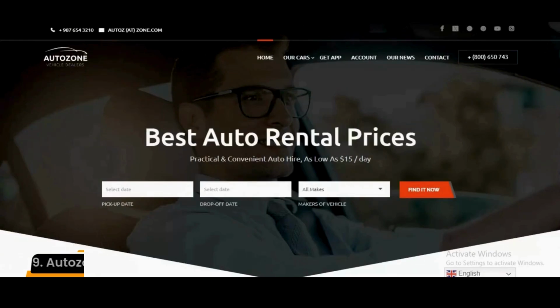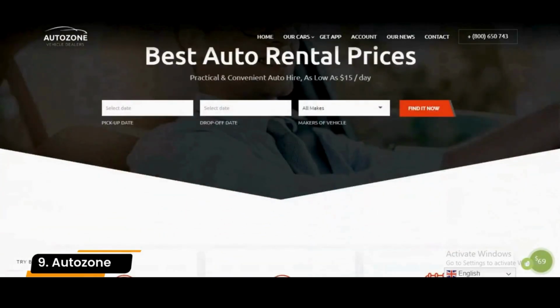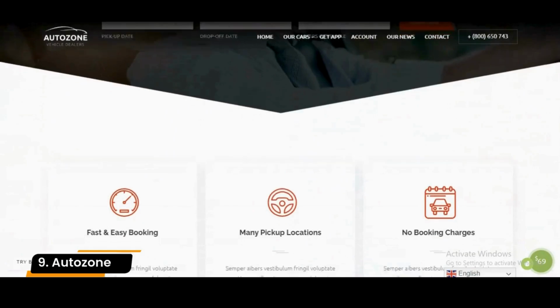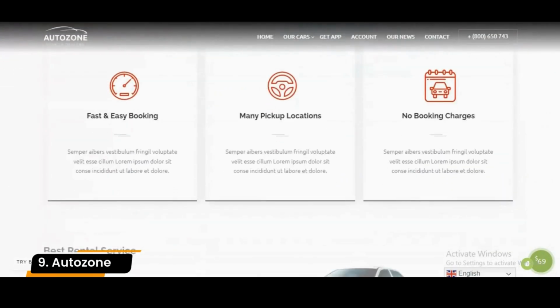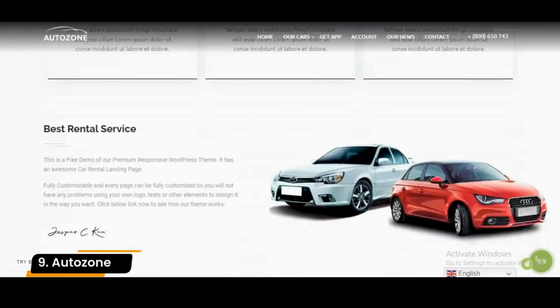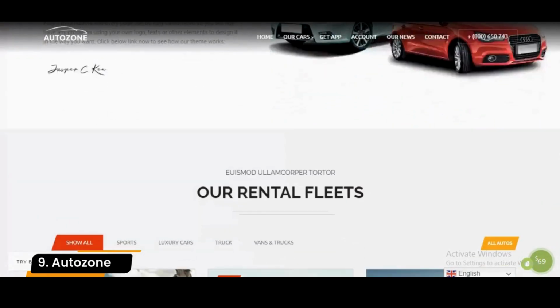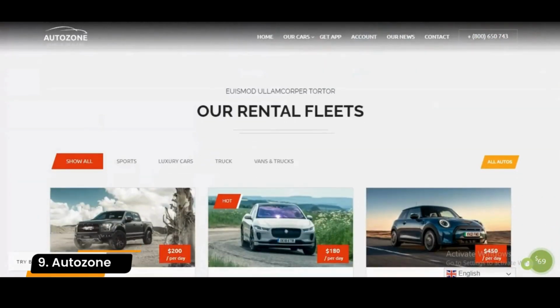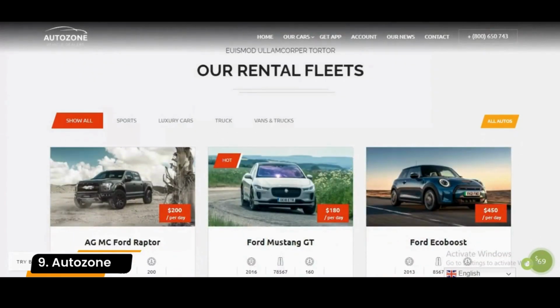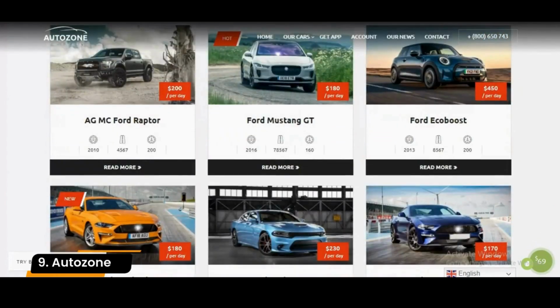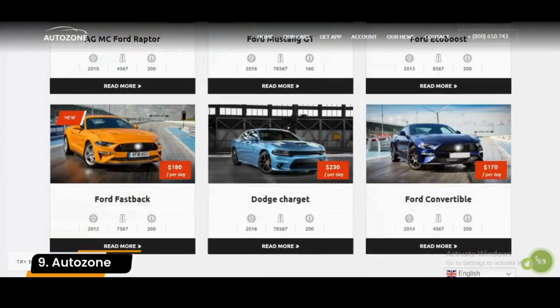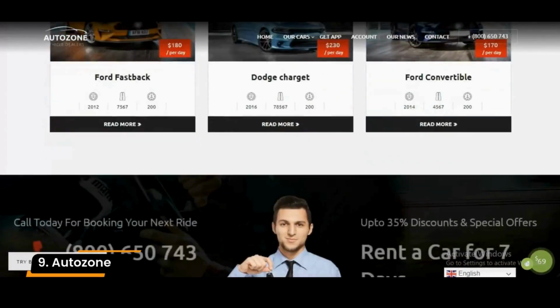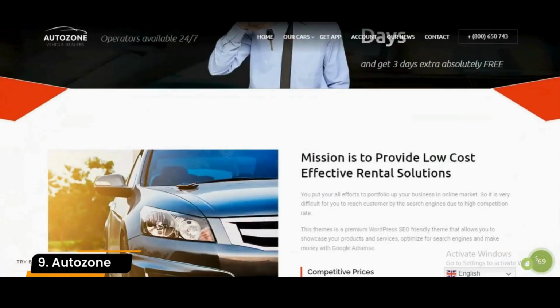Number 9. AutoZone. The AutoZone is an auto dealer and car rental WordPress theme that is ideal for auto parts, automotive, jets rental, and yachts rental websites. With its clean, modern design, the AutoZone is suitable for both rental car and car sales websites. The theme features a highly customized, top-of-the-line design, which is most suitable for automotive retailers, auto dealers, and car sales